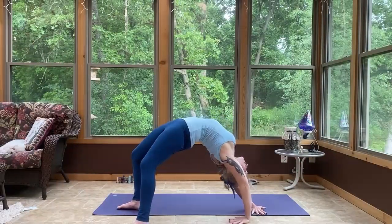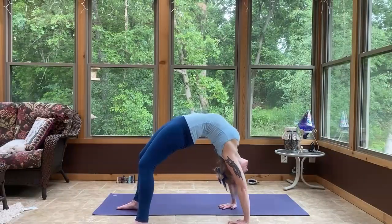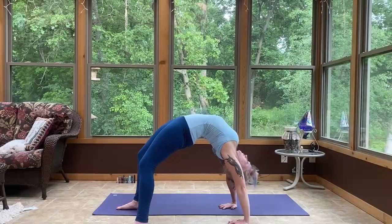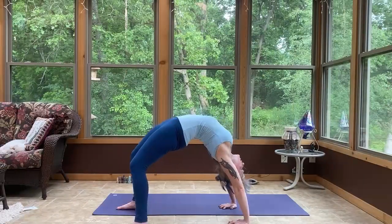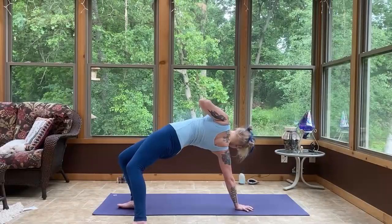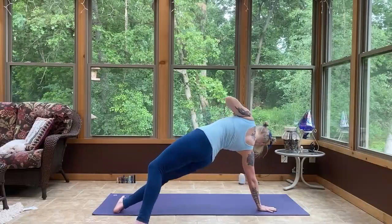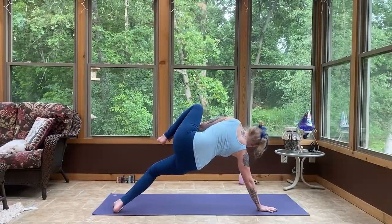Bring the left hand down now and then rotate the right shoulder to come to wheel. Press down with the feet. Now turn the right shoulder, come into side plank, straightening the right leg, balancing on the outer edge of the foot. Lift the left leg and grab big toe with peace fingers, lifting the leg up with the arm,